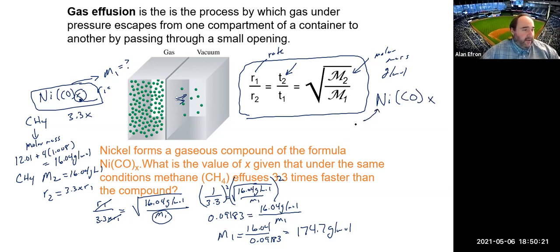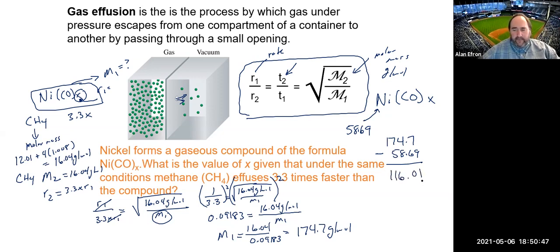So we actually could go to the periodic table, look up nickel, that's 58.69. So we can actually take our molar mass that we calculated for this compound. We could subtract 58.69 from it. And if we do that, we are left with approximately